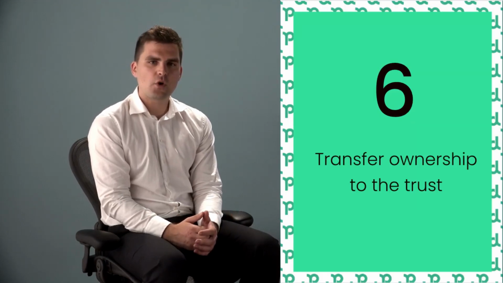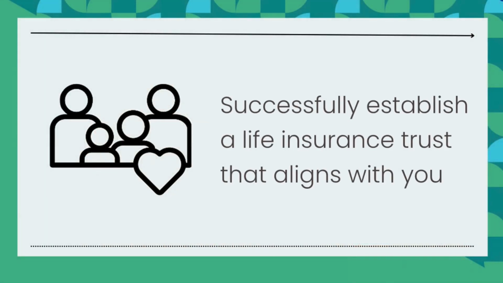6. Transfer ownership to the trust. Consult an estate lawyer to ensure compliance with legal requirements, transferring ownership and management responsibilities to the trust. By following these steps and seeking professional assistance, you can successfully establish a life insurance trust that aligns with your specific needs and objectives. When setting up and managing a life insurance trust, it's important to consider the tax implications